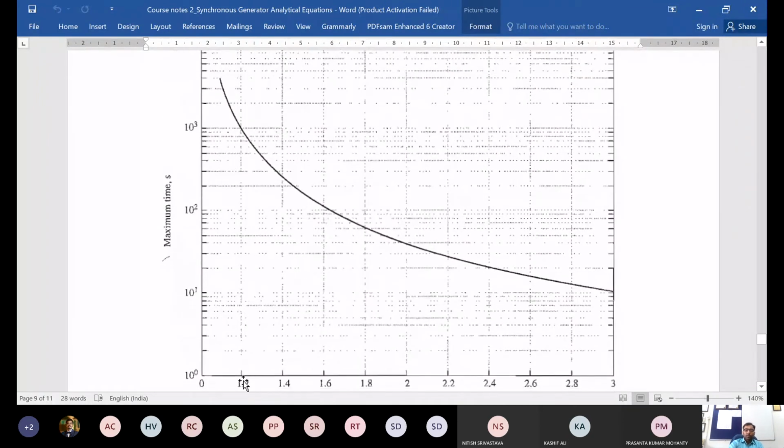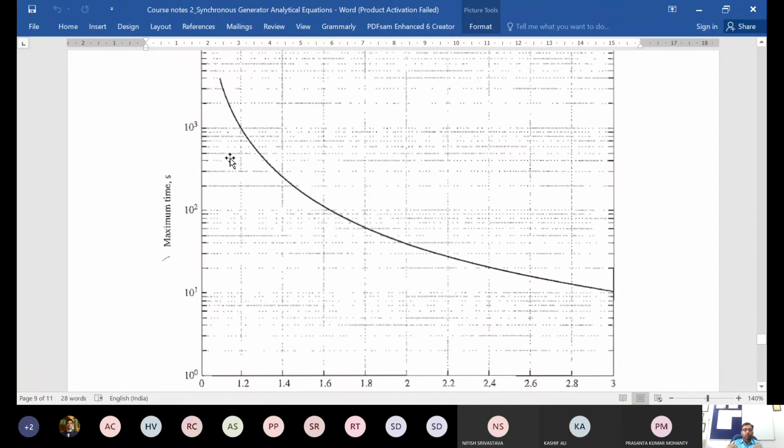So if you look at this here, let's say you talk about 20% overloading. This is for a typical machine. It can change by some amount for different machines, so just the typical value. If you have 1.2, that means 20% overloading, the machine can tolerate it for almost 1000 seconds. It's crossing at around 10 power 3. So 1000 seconds, that means around 16 minutes or so. So even if 20% overloading is applied, the machine can tolerate that much overloading for maybe around 15-16 minutes, and only then it will burn up. So within that, there is some time frame, you have some margin.